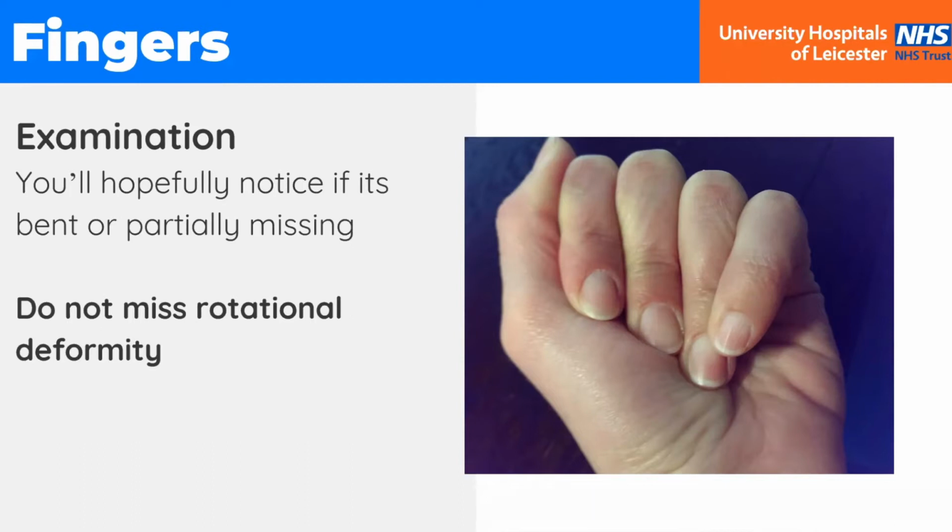Analgesia is key. If you're ever struggling with examining children, then analgesia is really important. We really do tend to under-analgesize children, and please don't hesitate to do that. Distraction is really helpful, and play is really distractional and helpful, and that may be enough. But analgesia is key. And the other thing is to use their other hand. I know this sounds really obvious, but if you've got two of something and they should be the same, if they're not the same,